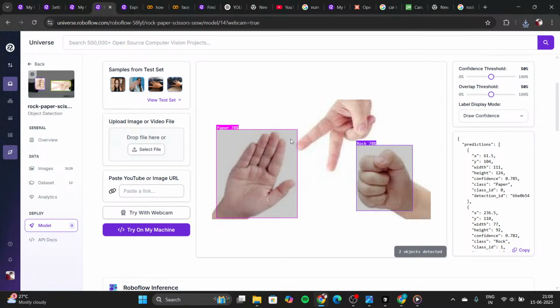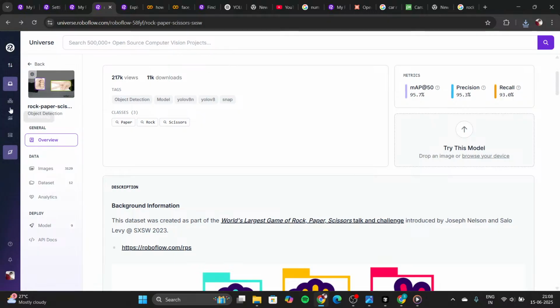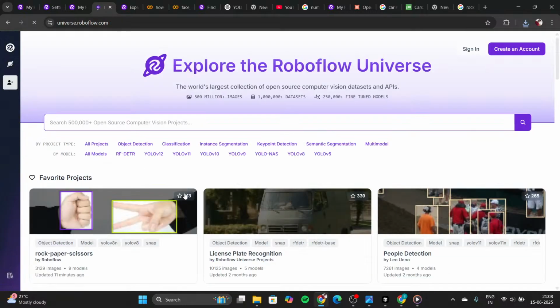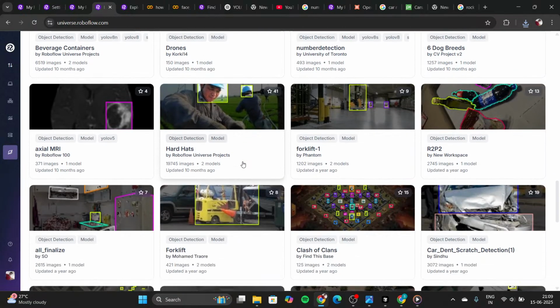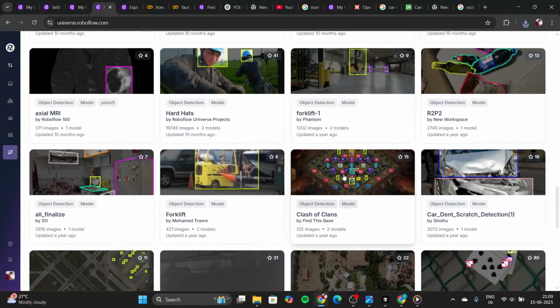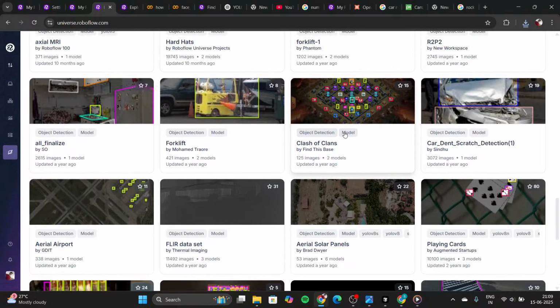You can make it a three-way game, with three possibilities, three people throwing rock, paper, or scissors. Similarly, you can go to different open source models. Let's say one more example, a very fun activity would be